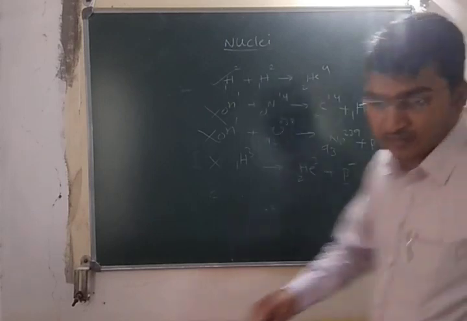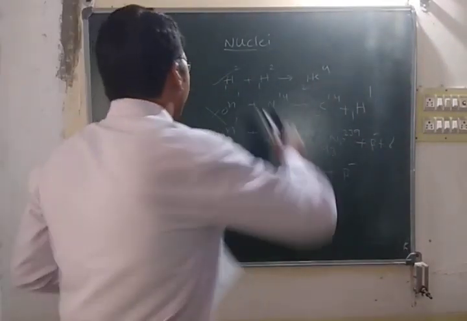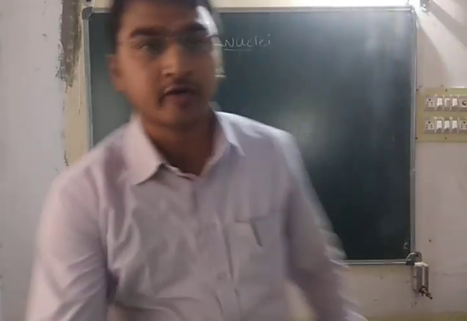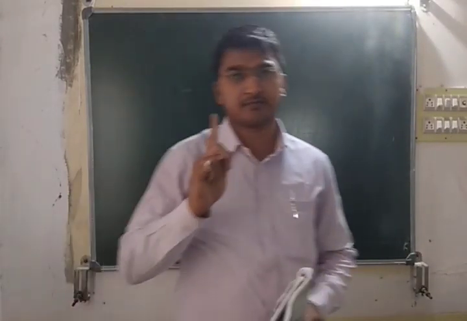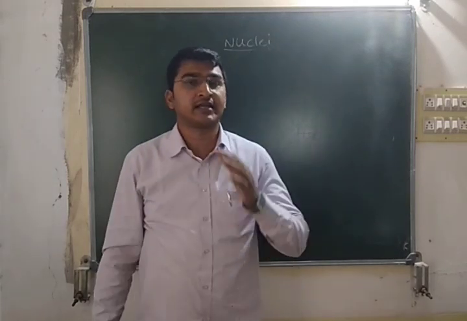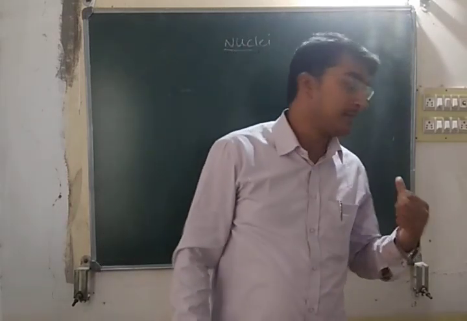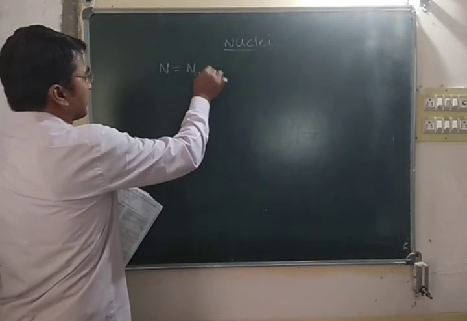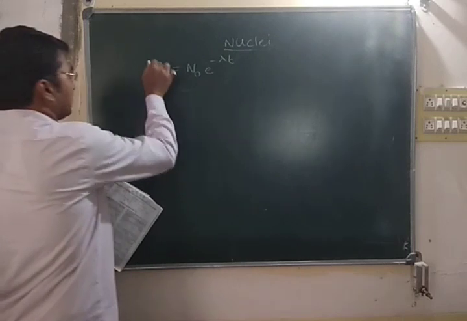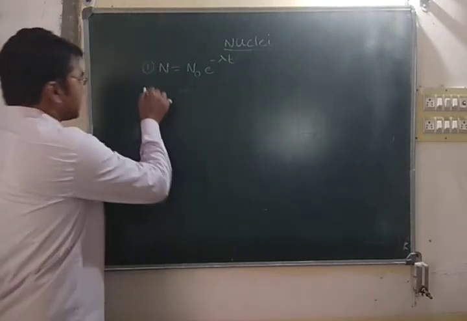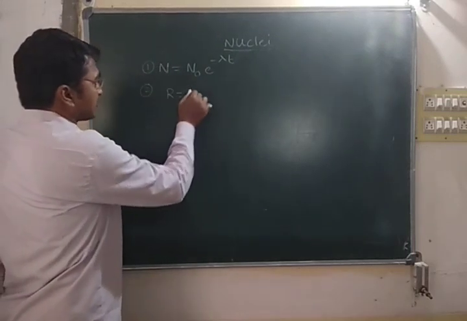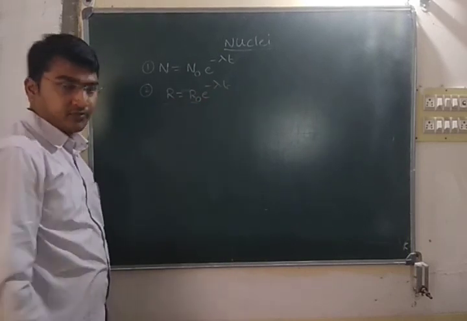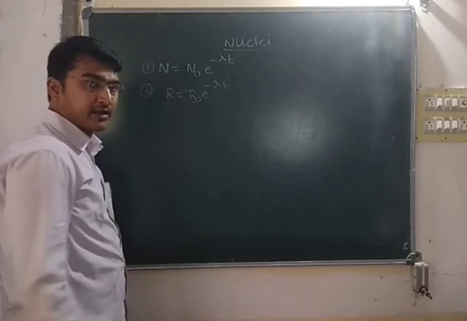Yeah, we'll continue with that next topic. It's about half-life time, so radioactivity and radioactivity-based questions. This is a compulsory question now. Most of the time they give more preference to this topic only. First we'll see the formula: N is equal to N naught e power minus lambda t. This is one. Otherwise we can write it like this: R is equal to R naught e power minus lambda t. Activity, if you multiply with lambda on both sides, lambda N is called activity.